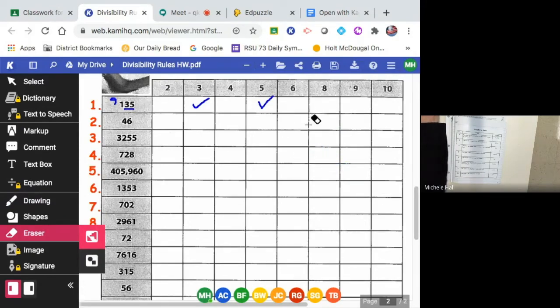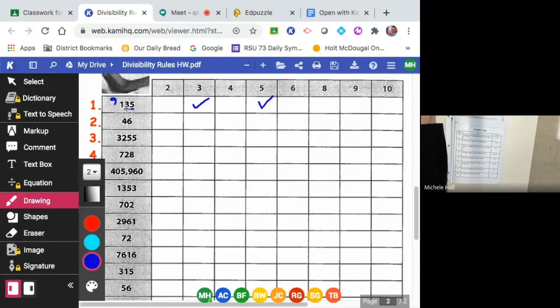I thought it was the 3 numbers combined. No, it's exactly like rule 4. If rule 4 says the last 2 digits side by side, that means rule 8 would be the last 3 digits side by side. Okay? 8 doesn't work. How about 9? What's the rule for 9, Joseph? So you have to add up the digits, which is why I wrote this number over to the left, right? Does 9 go into 9? Yes, so that means that 135 is divisible by 9.